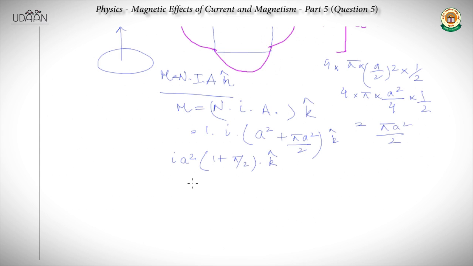Now a very important concept is there. This question can be done in another way. Let's take this semicircle and this square. We can visualize it as this carrying current I, and this carrying current I here. So when we look at it in this way,